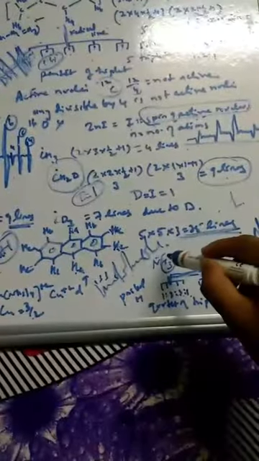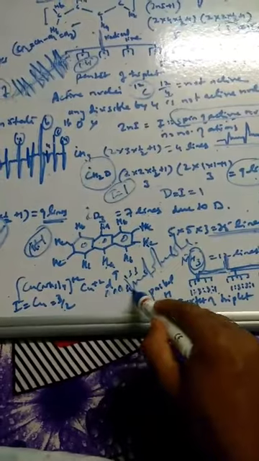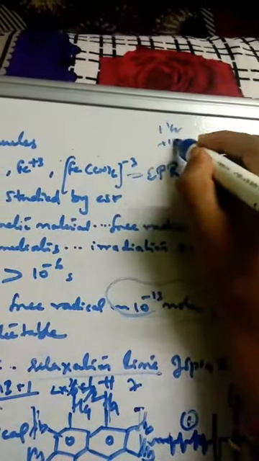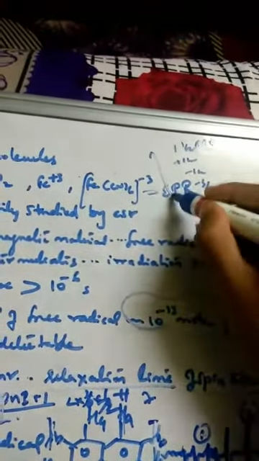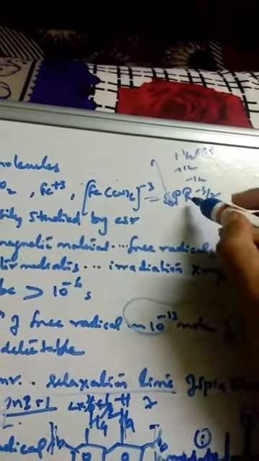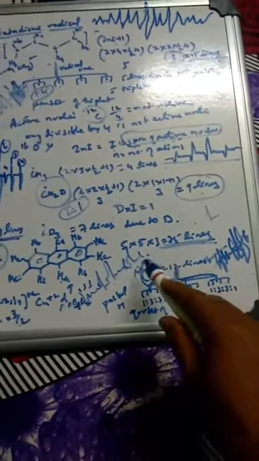4 transitions we are going to observe. Since there is 3 hydrogens, 3 means 1 2 3, that is 3 by 2. So you are going to get the transition from plus 3 by 2, plus half, minus half, minus 3 by 2. So this is how the transition takes place, plus 3 by 2 to plus 3 by 2, minus 3 by 2, then plus half to plus half like this. So we are going to get 4 lines, 4 transitions for NH3.